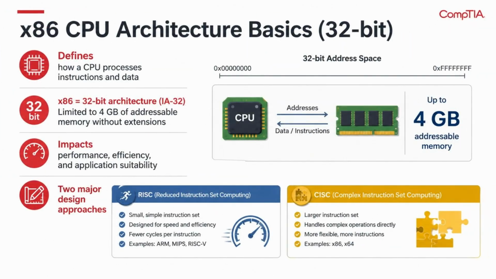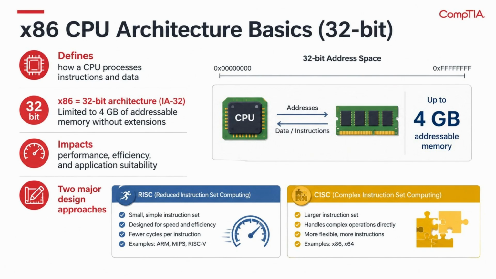x86 architecture defines how a 32-bit CPU processes instructions and data. It's also called IA32, and without extensions, it's limited to 4 GB of addressable memory. 2 major design approaches shape CPU architecture generally: reduced instruction set computing, or RISC, which uses a small, simple instruction set for speed and efficiency, and complex instruction set computing, or CISC, which uses a larger instruction set to handle